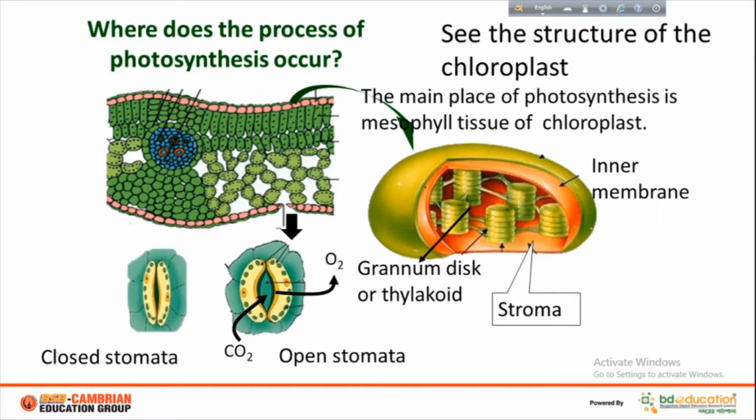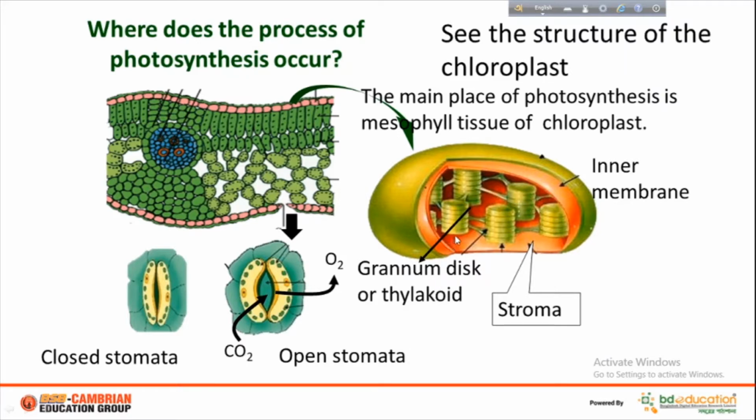We have learned the process of photosynthesis. Plants produce food in the presence of sunlight and chlorophyll by using carbon dioxide and water. But do you know how this carbon dioxide enters inside the chloroplast? This carbon dioxide from the atmosphere is absorbed through the stomata and goes to the chloroplasts. This is the structure of chloroplast. We have learned about this in chapter 2. In the inner membrane of the chloroplast, there are some plate-like structures. Each plate-like structure is known as a granum disc or thylakoid.